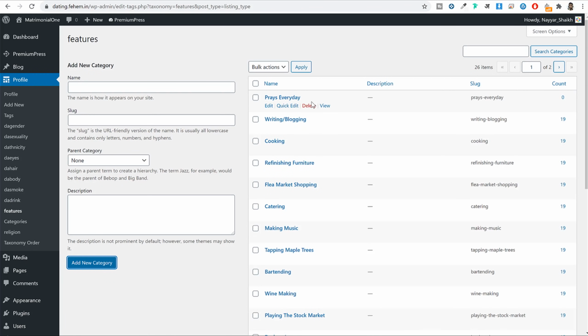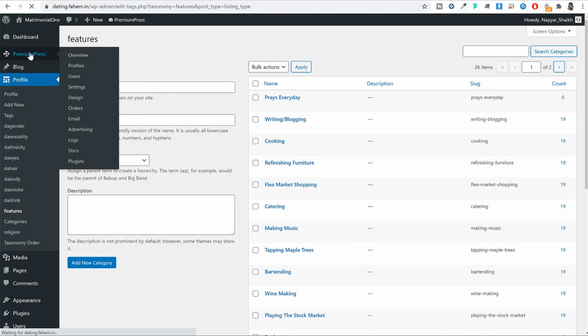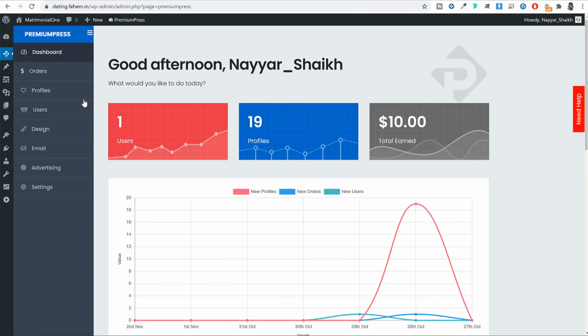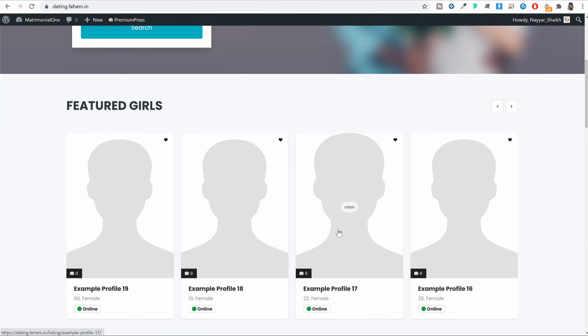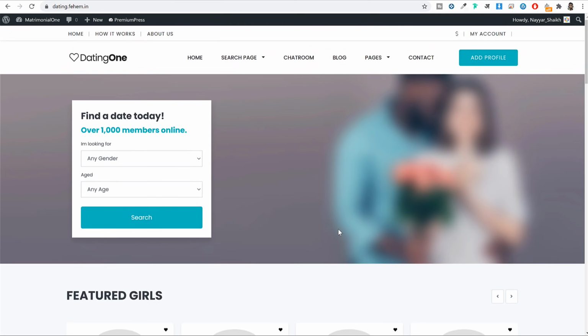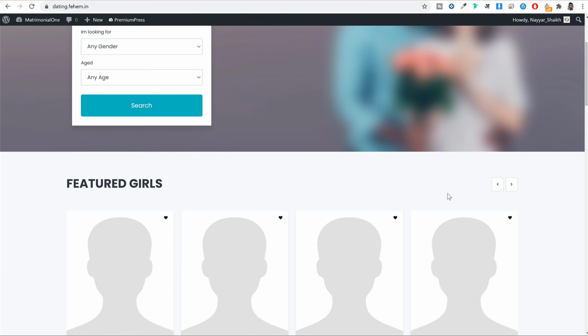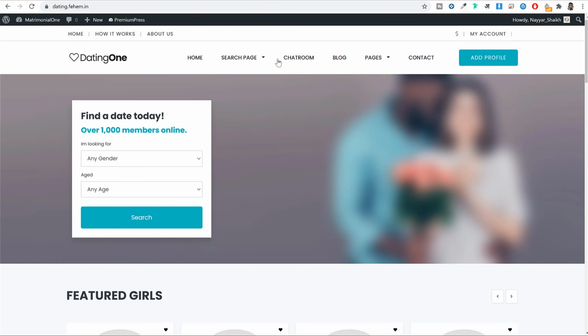After that you can proceed further. Now once you have done all these settings, once you have created taxonomies and all the values, we can start designing the website. For that, again you have to click on Premium Press, and here you will see this design option. If you come back to design, you will see this page over here. Now let me explain one thing. If I come back to my home page and refresh it, now I have selected this design. Suppose you have selected this design but maybe you don't like it, you wanted to select some other design, so you can easily do that.